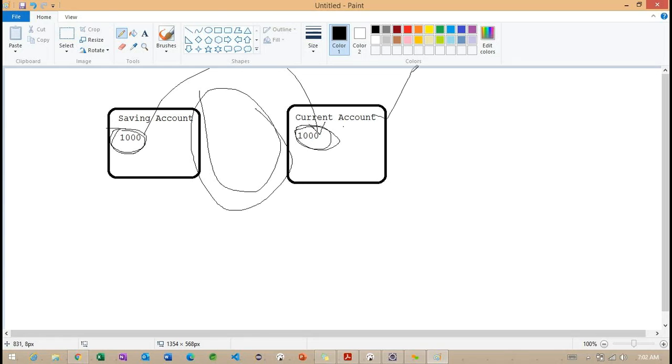So what happens internally? The person using this saving account is losing 1,000 rupees, but who is getting the advantage? The bank people, because they are getting the 1,000 rupees but it is not added into the current account.